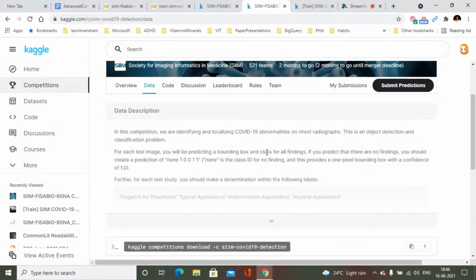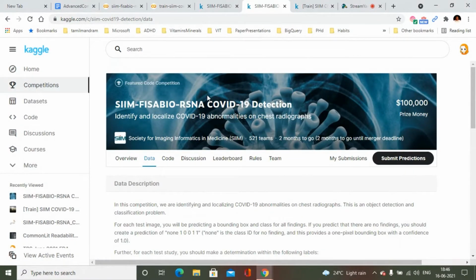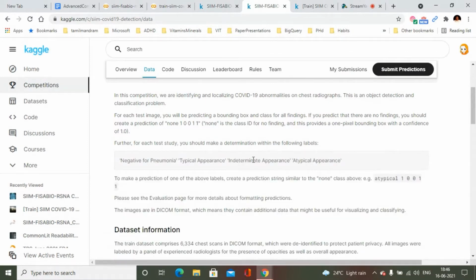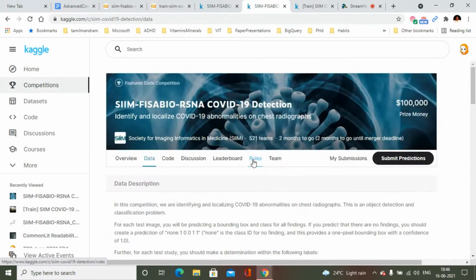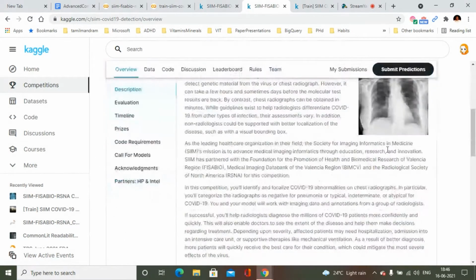This problem is about detecting opacities. It is both an object detection and an object classification problem. For object detection, there is something called opacity. Your lungs will get filled with fluid, and there will be a blockage in the lungs. It will be a transparent structure, which you can see in the X-rays. This kind of opacity can be detected from the chest X-ray, so this is an object detection problem. If you find an opacity in a chest X-ray, you will draw a bounding box around that opacity. That part of the problem is the object detection.